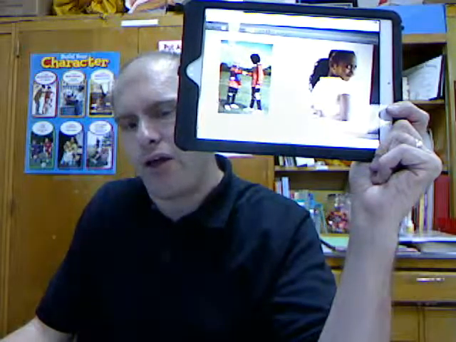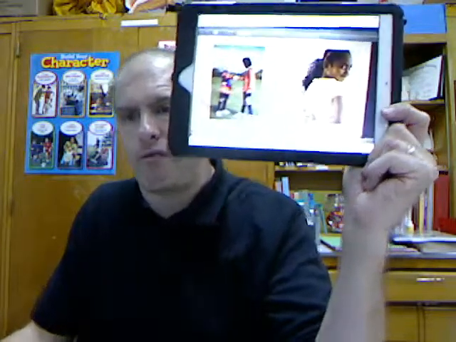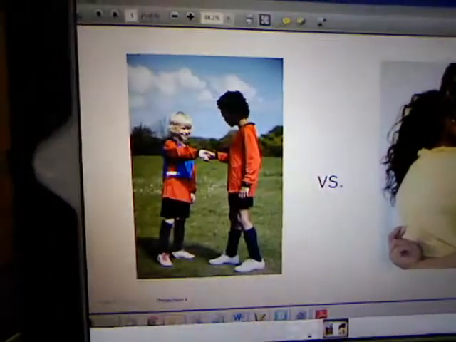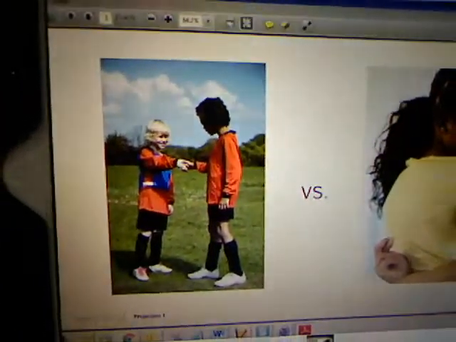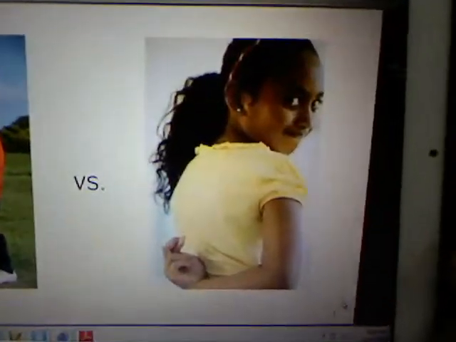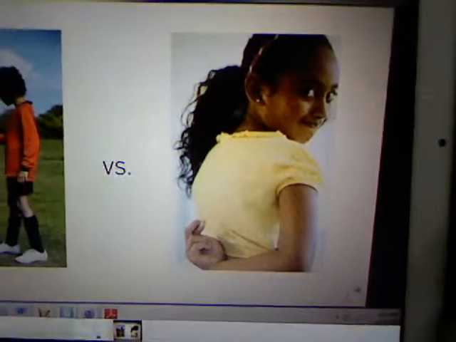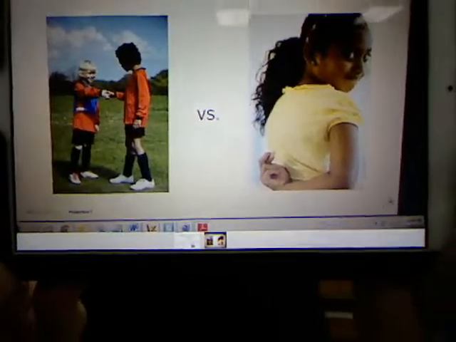So here is a picture of two. There's insincere and sincere. One of them is obviously sincerely either apologizing or agreeing to something, what have you. They're sincere versus insincere. This person is clearly insincere because they have their fingers behind their back, which means they are not telling the truth. They're not being sincere by what they are trying to say. We want you to be sincere. Yes, we do. So, in class, we'll have the students practice being sincere, speaking sincerely versus insincerely.